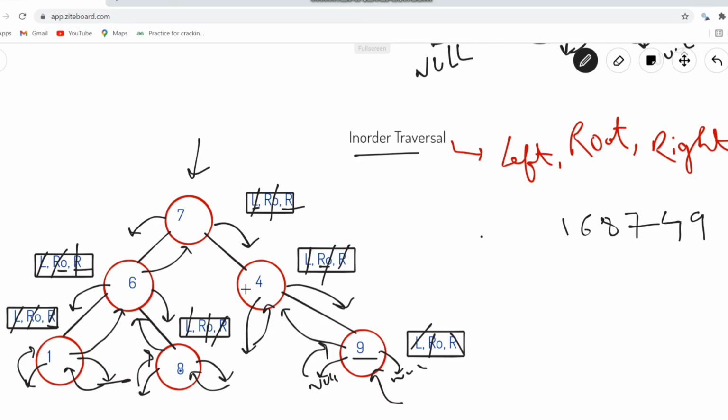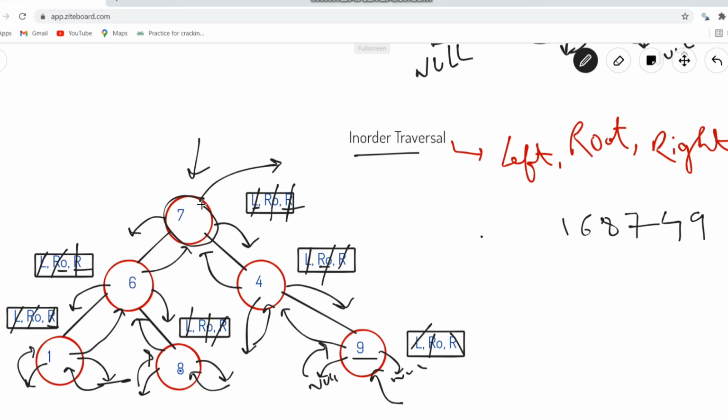We'll be returning back again to the caller of node 4, that is node having value 7. So finally we have completed all the operations of node having value 7. So we'll be returning back to the caller of the root node, that is the main function. So basically recursion plays an important role. Okay, using recursion we can easily perform these three traversals with less number of codes. Only 3 or 4 lines of code are required in order to perform these three traversals.